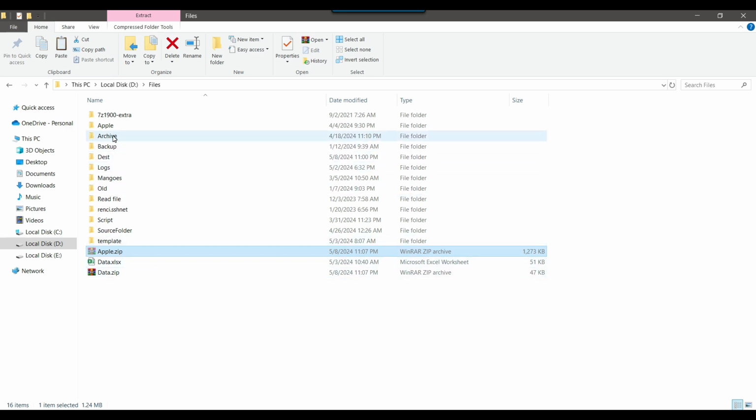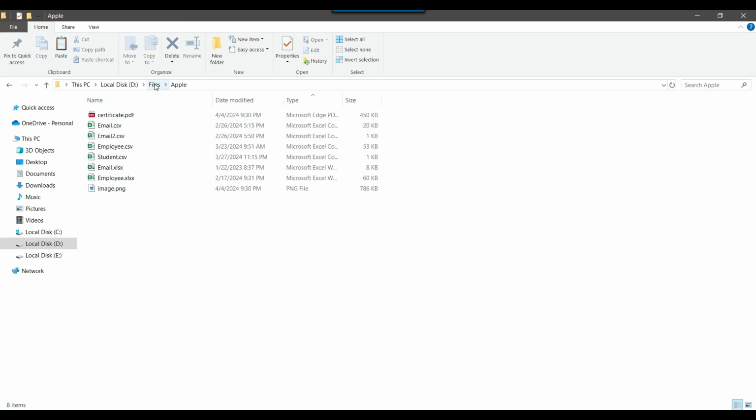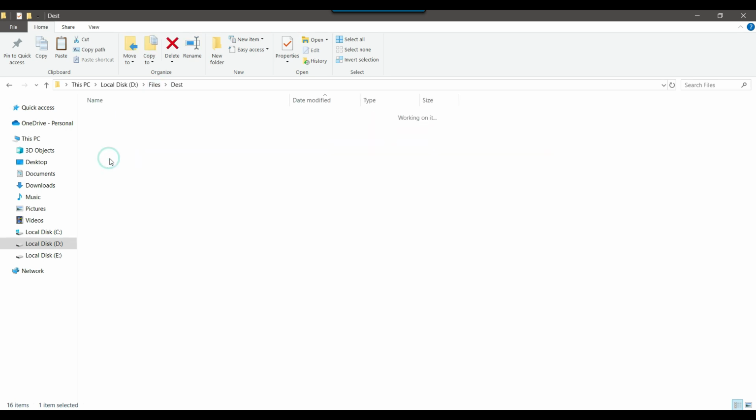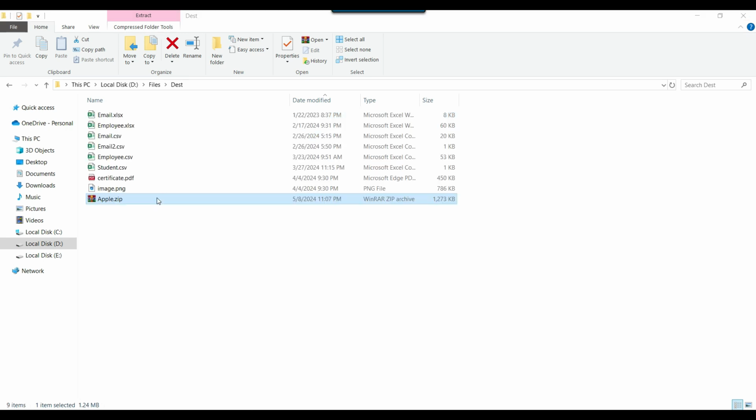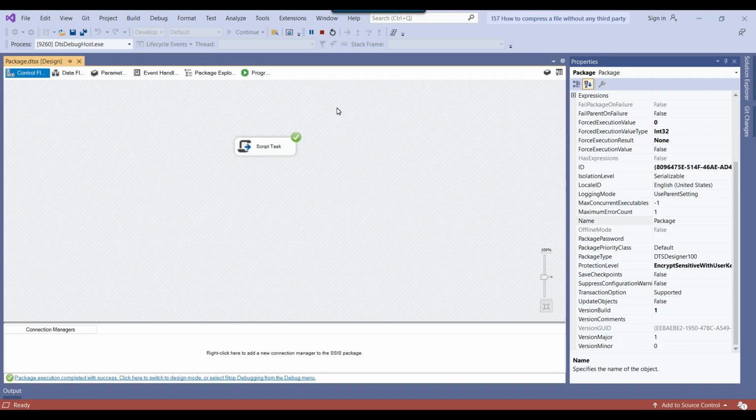If I cut this particular zip file from here and put it in the dest folder, and delete this particular file, I pasted the file, and if I do the extract here, you can see that it should extract multiple files. Yeah, so multiple files got extracted at this particular location. I think this code is working absolutely fine, and this does not require any third-party software like